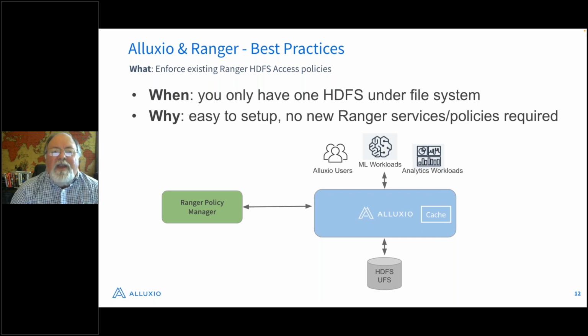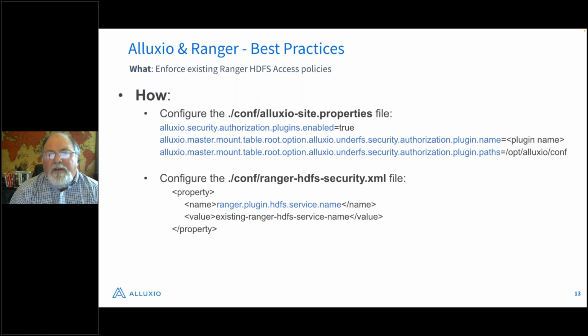And it's useful when you have one or more HDFS file systems that are being managed by Ranger, and you're using Alluxio with mainly just HDFS. You're not using it with other under file system types. So how would you do that? You would basically tell Alluxio to enable plugins for authorization in the Alluxio properties file, and then you would tell Alluxio where to find all the setup files for Apache Ranger.